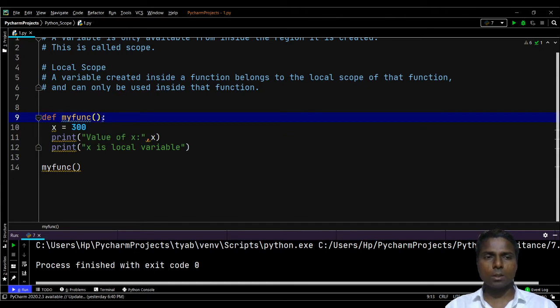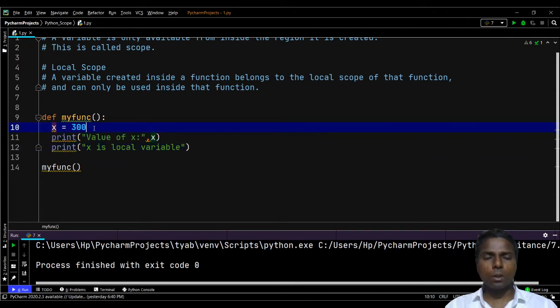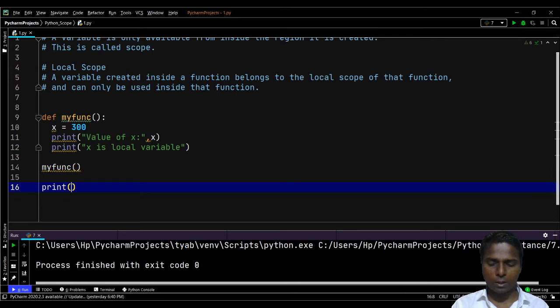Colon represents the start of the body or block of statements. So x is equal to 300, where we stored the value 300 in the x variable, and the value of x we are displaying, and x is here a local variable. So its scope is limited. Outside this, if I try to print x, definitely it will give an error.